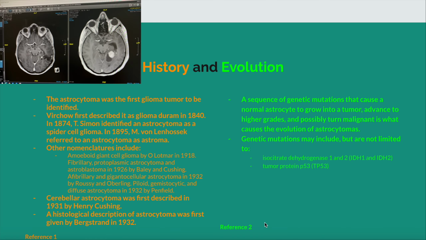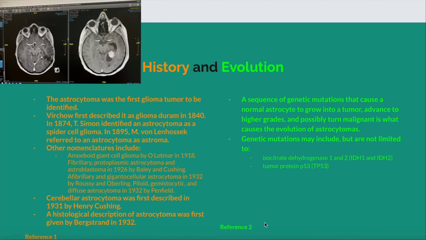The astrocytoma was the first glioma tumor to be identified. Virchow first described it as glioma durum in 1840. In 1874, T. Simone identified an astrocytoma as a spider cell glioma. In 1895, M. von Lenhausen referred to an astrocytoma as astroma. So other nomenclatures include